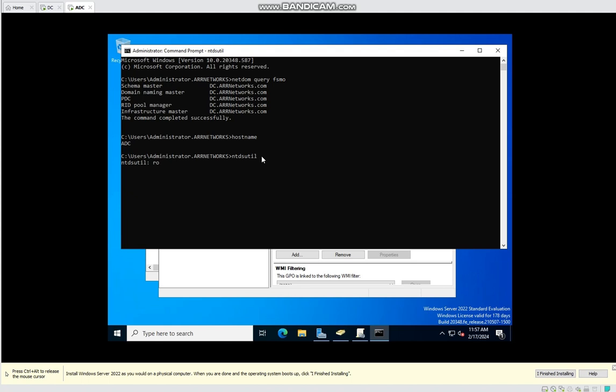From here, we need to give our roles. It will enter the FSMO maintenance mode. From here, we need to do a server connection, where we need to transfer the role. So we have to transfer to this ADC. So we have to give connect to server ADC. This is the host name. I've shown the host name here. So the same host name we have to give, enter,